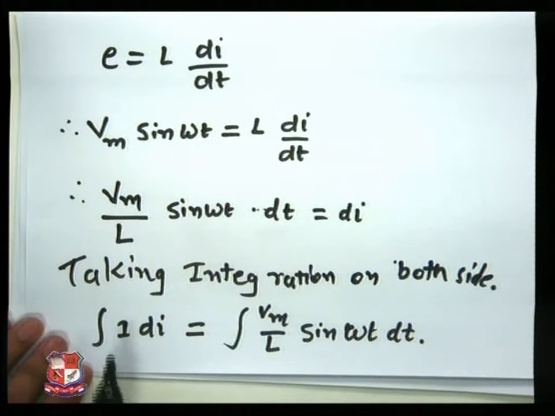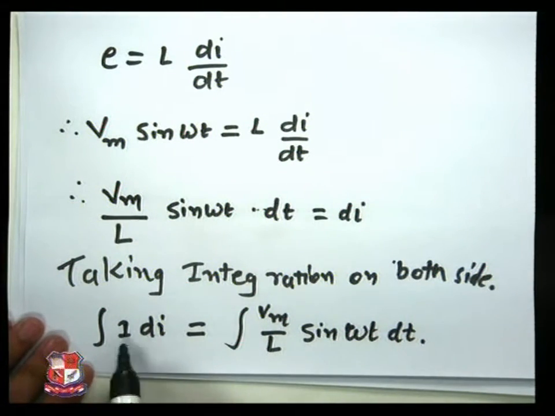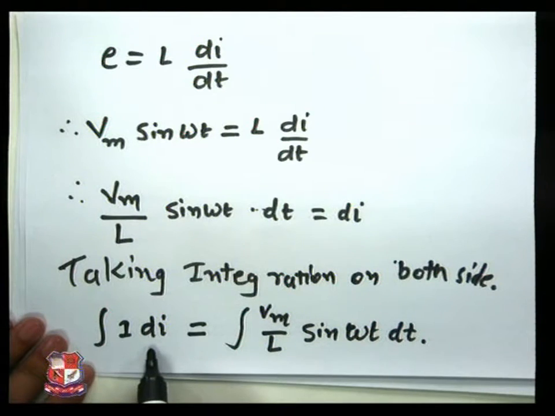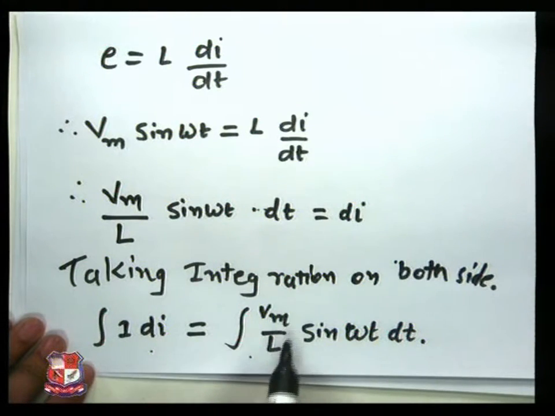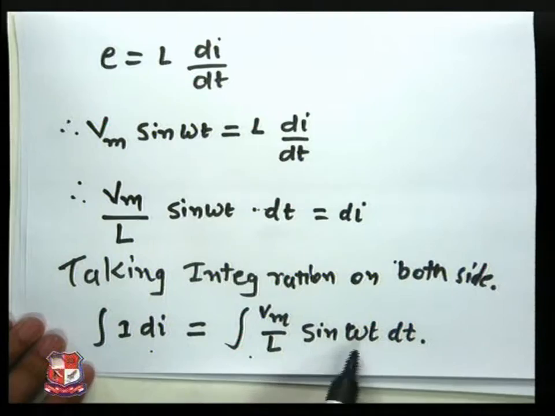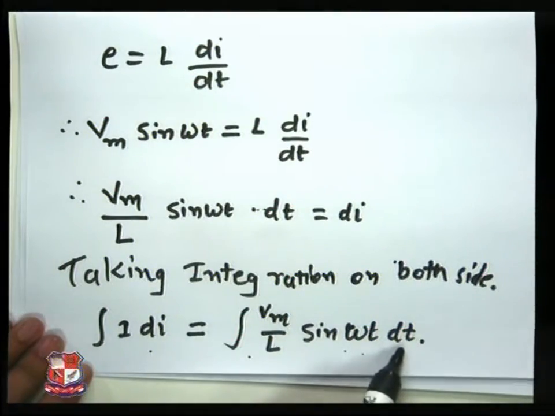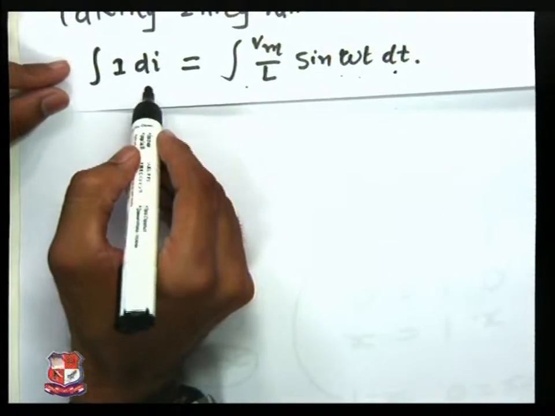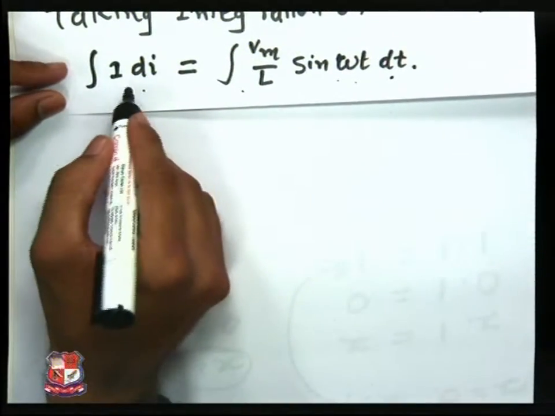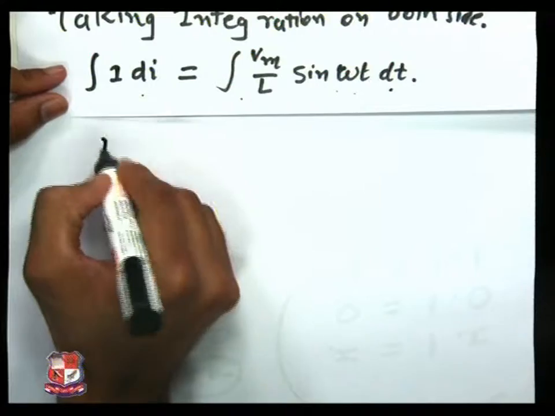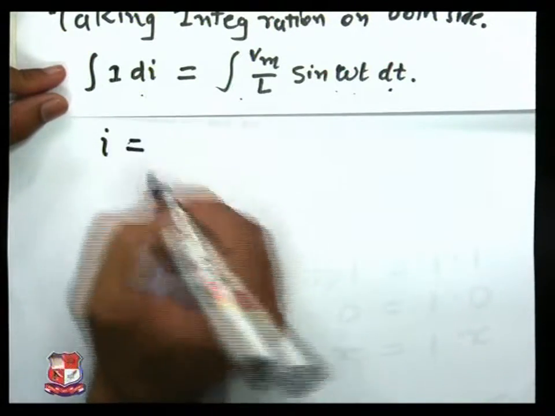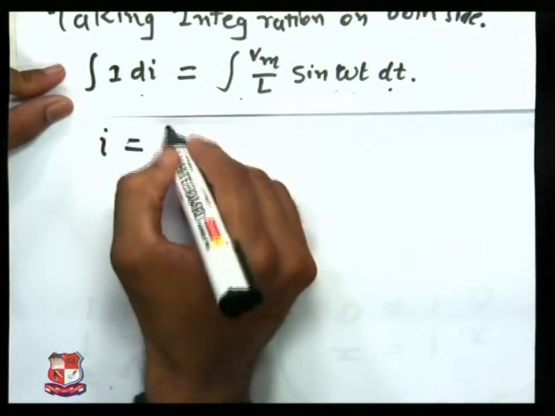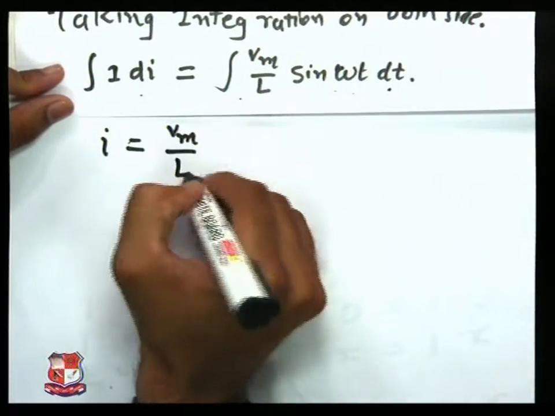Now on this side 1 is integrated with respect to i, while on the other side Vm and L are constants, so only sin omega t is integrated with respect to t. So let's see how the integration is done. Integration of 1 di gives current I equal to Vm and L constant quantity,